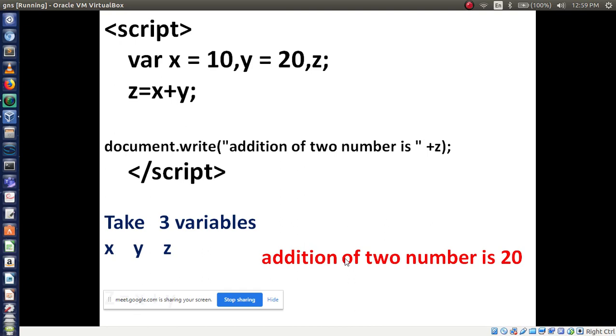Here it is 30. Okay, fine. I have taken 10 here, but here it is now 30. Make the correction to 30. Okay, so this is the way you use arithmetic operations, and if you want to display a simple message on your web page, these are the basics. Is it clear? Correct? Here the addition of two numbers is 30.